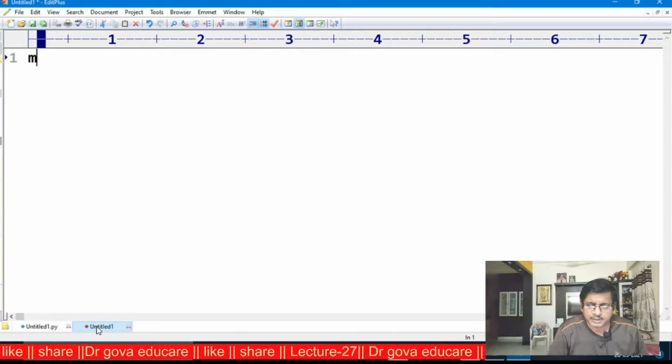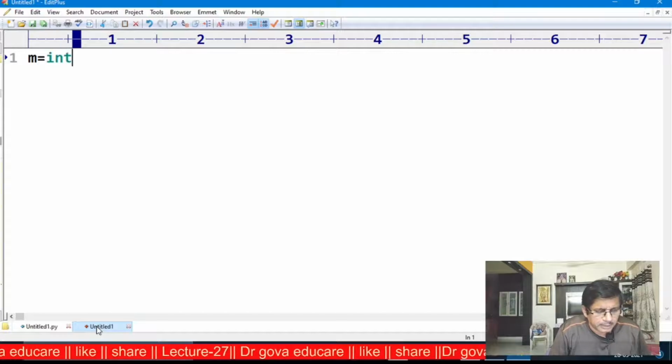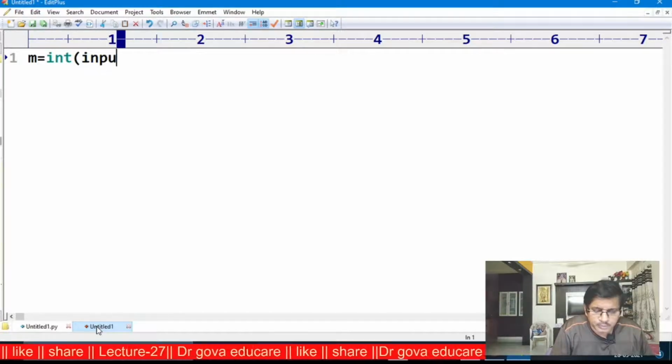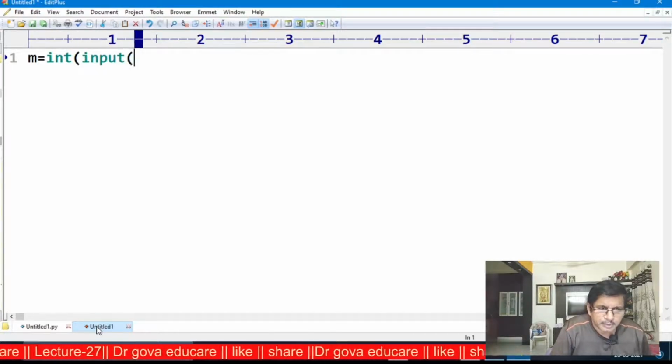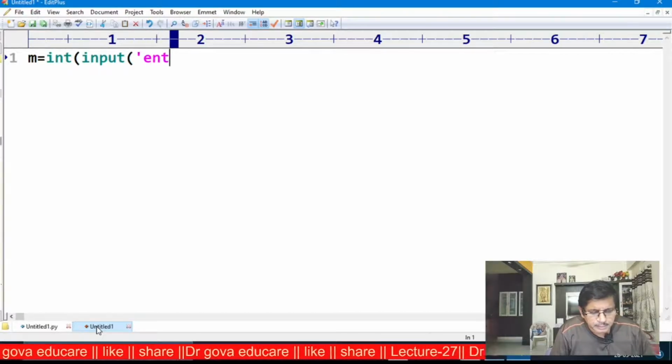First m is equal to int of input, enter m.